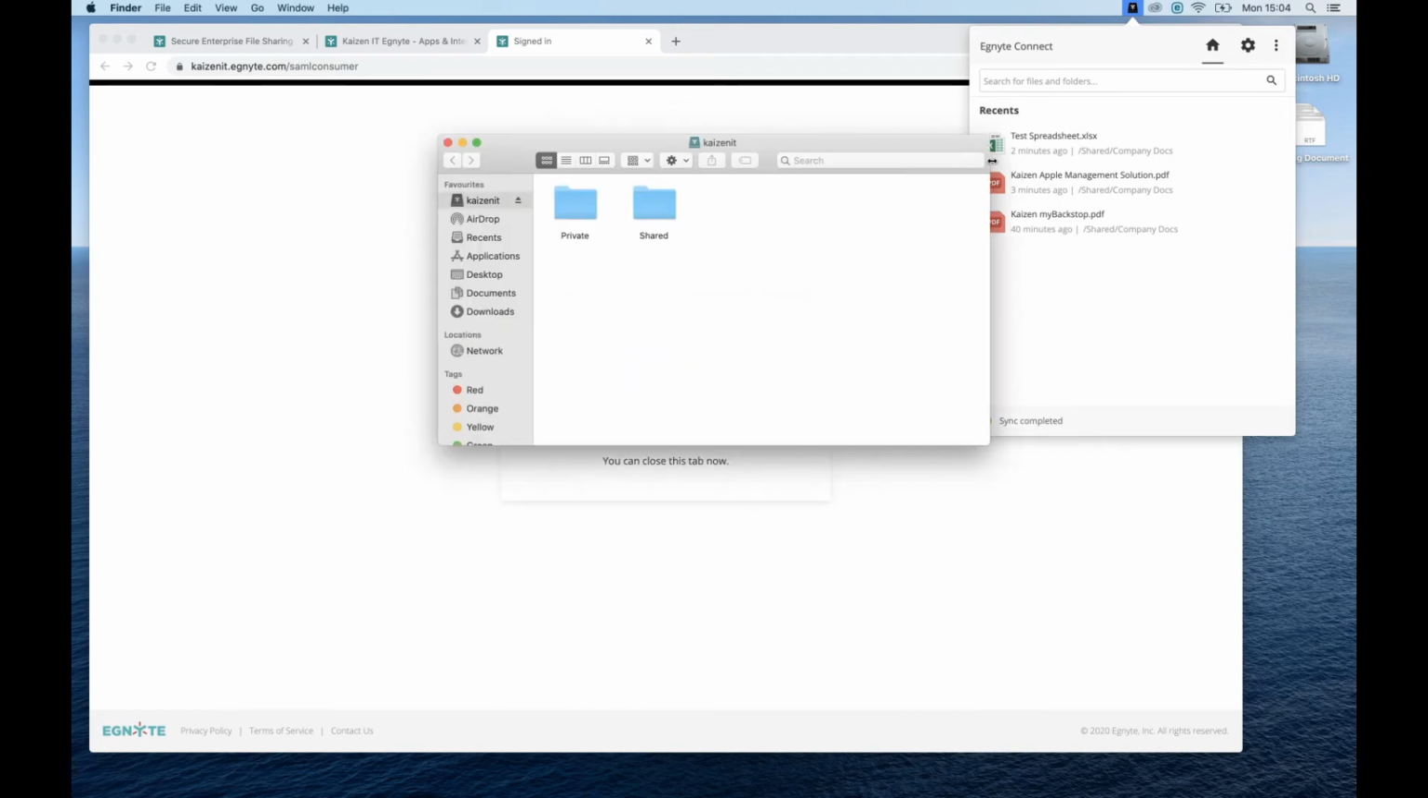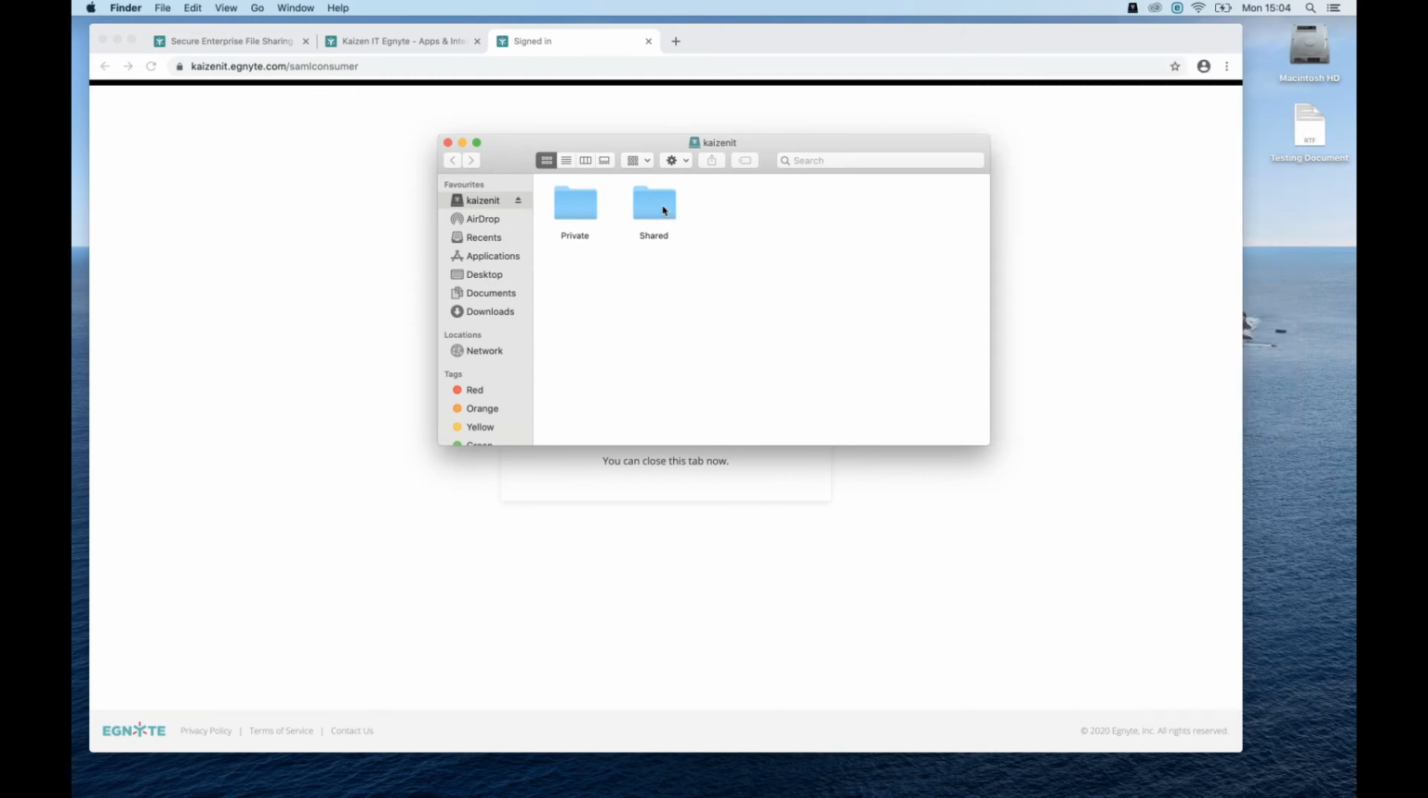We can open the folder there if we want to, and there we go, there's our particular shared folder. So this is exactly the same as what it was set up with on the web. It's got the private folder and the shared folder there. If we go to the shared folder, we can see that same company docs and those same documents that we've got on there, and they can be accessed like they are a normal kind of local device in Finder,